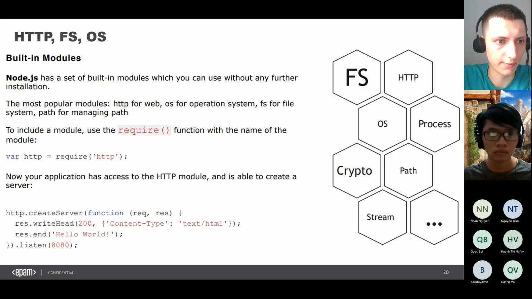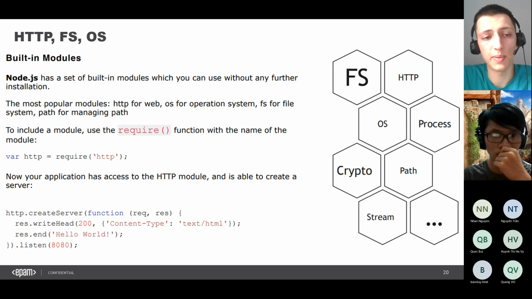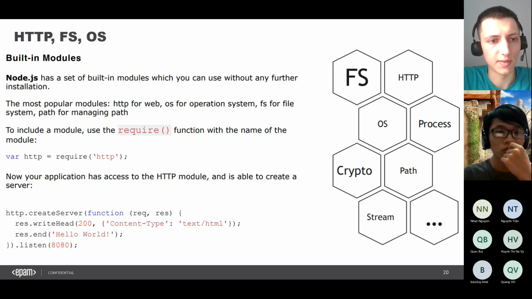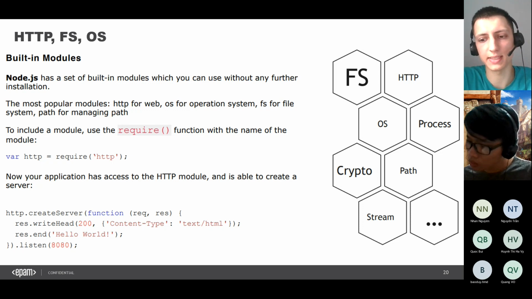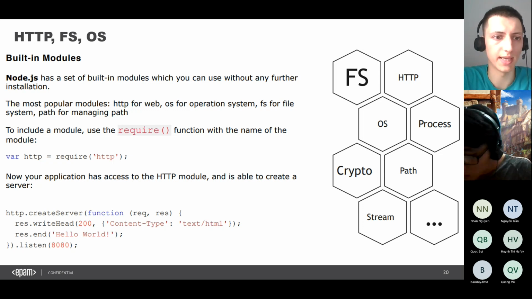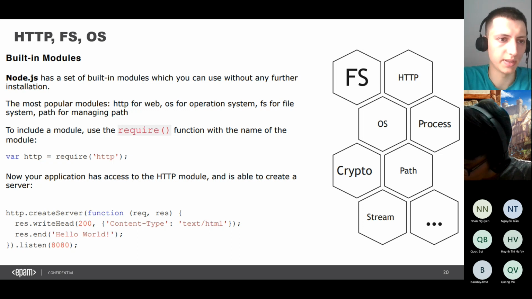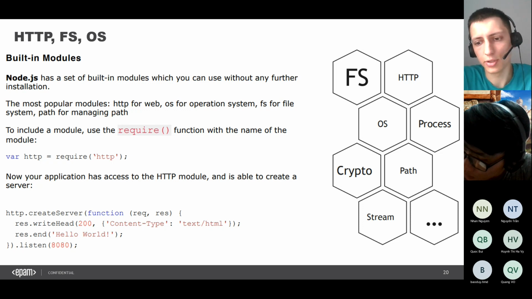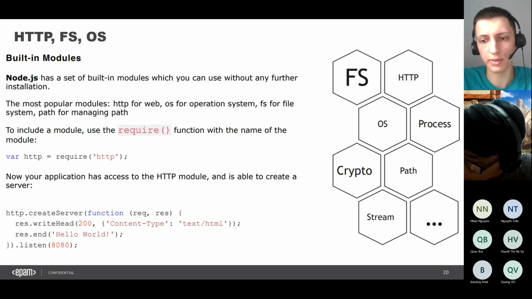And as you can see in the first screenshot, when we want to import a module, we can use the same syntax with require or with the import statement in new ES modules. You just need to put the name of the module inside the function, and you don't need to provide the path. It's a global module, so you just put the name, like HTTP, and the HTTP module will be in the variable we put before. Then we can use this module, and you can open the Node.js documentation for the HTTP module and see what methods you can use from this library. For example, createServer is one of such methods.